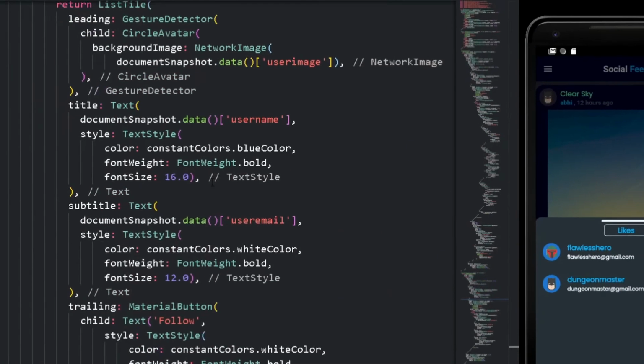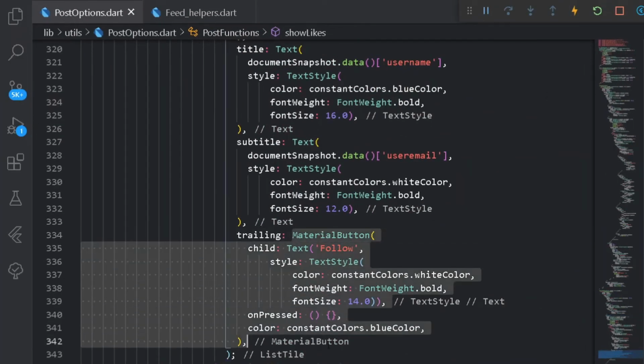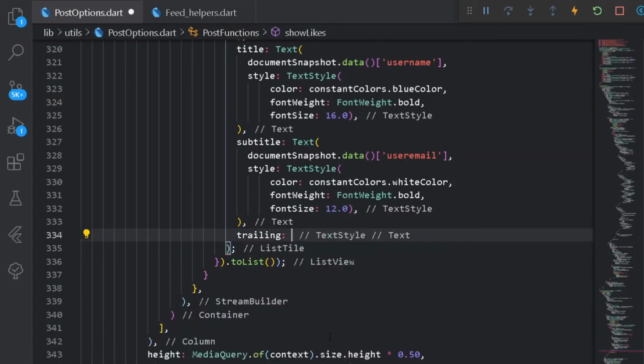So for removing the follow button, let's go under the trailing widget. Let's remove the following material button from here, and here we shall be having a ternary operator condition. Now if the user ID of the list style, that is the Cloud Firestore data, is matching with the user ID of the user who is currently logged in, we shall not show him the follow button. So what I mean by that, under the code, here let's have a Provider